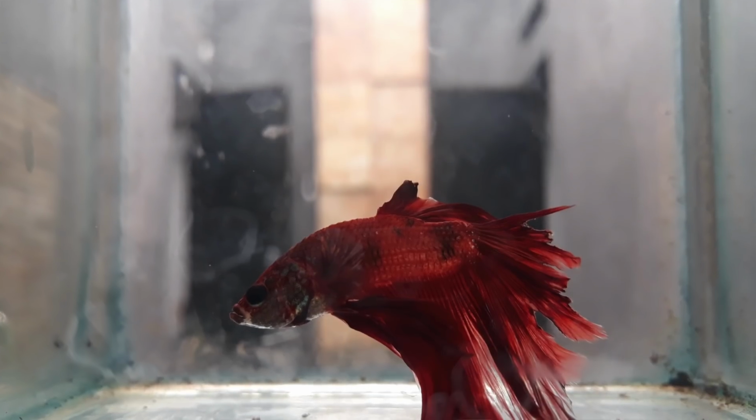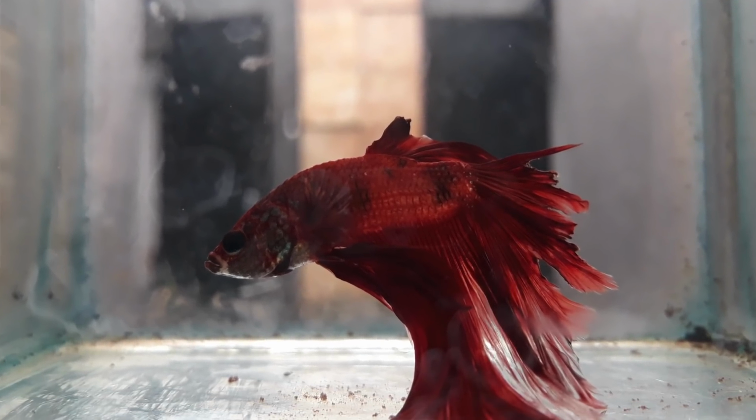Another fungal infection is fin rot. This is when the edges of your betta's fins look jagged or eaten away. The best treatment would be 100% water changes and to use a medication for fungus like Maricin. I know I've already mentioned it before, but it might be something you want to keep on hand. Make sure to do your